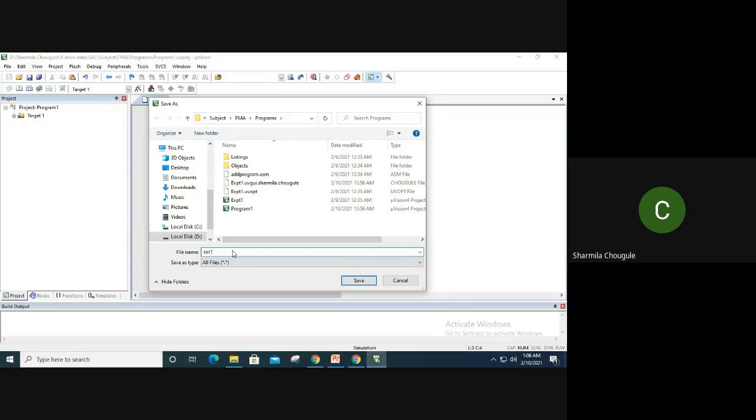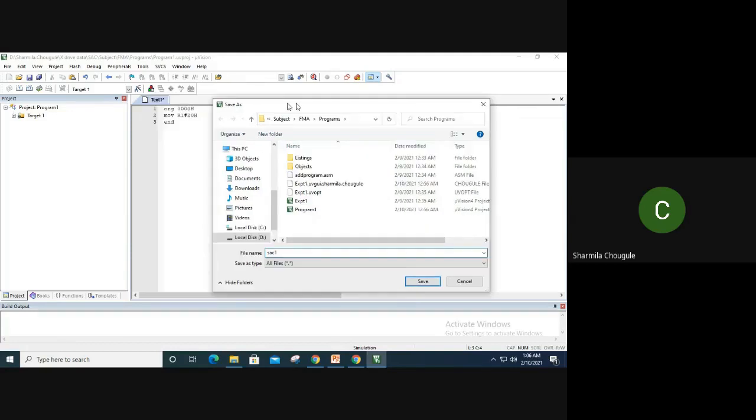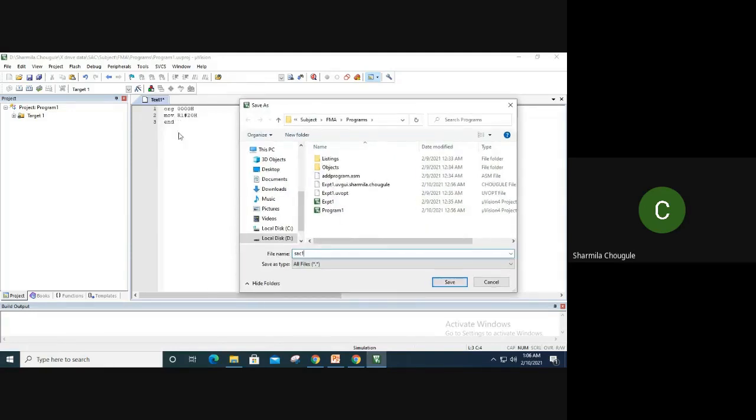Now see here, this has save as type. You have to decide this. Now I have done the programming in assembly level language, so I'll save this program as .asm. If you have done the programming in C language, then you have to give the extension as .c.